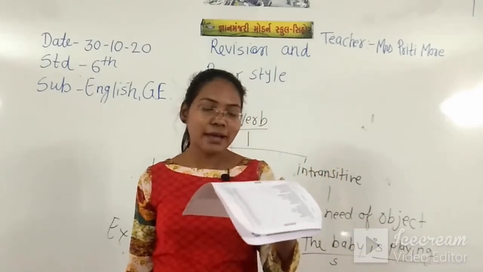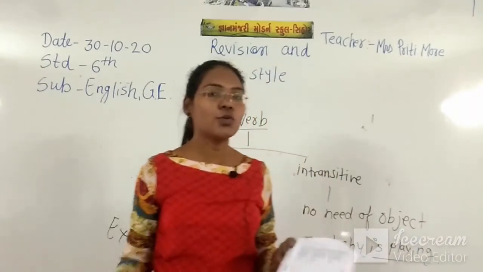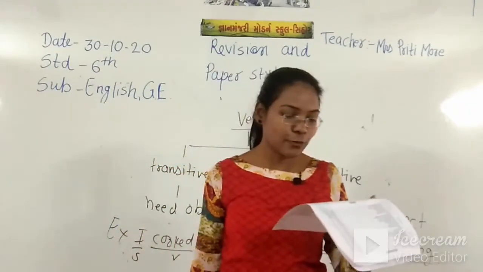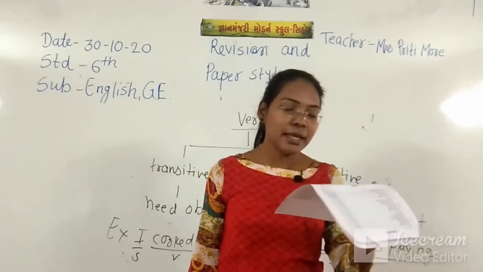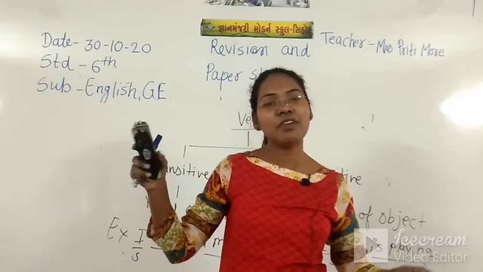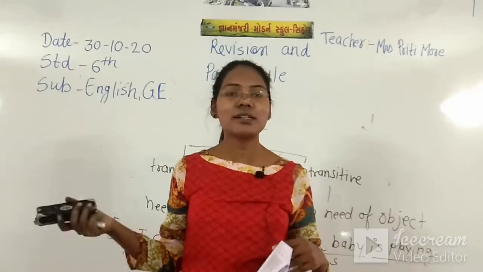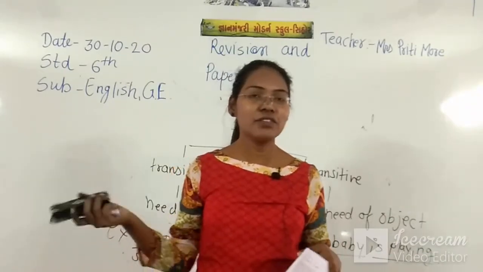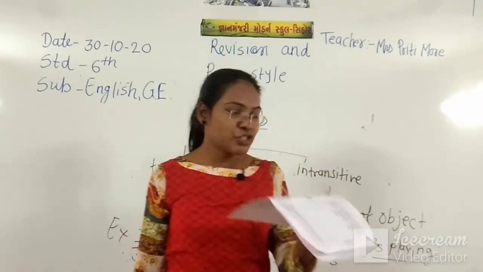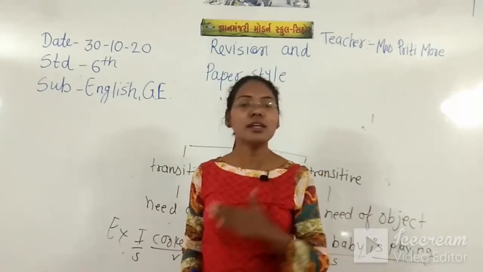Write whether the underlined verbs are transitive or intransitive. Verbs will be underlined over there and you have to identify whether the verb in the sentence is transitive or intransitive. Or identify main verb, auxiliary and modal auxiliary. Here also verbs will be underlined. If am, is, are are underlined, those are the auxiliaries, and if must, should, can, could, may, shall, will are underlined, these are the modal auxiliaries. Preposition is not there, so you just have to study the first 7 chapters.